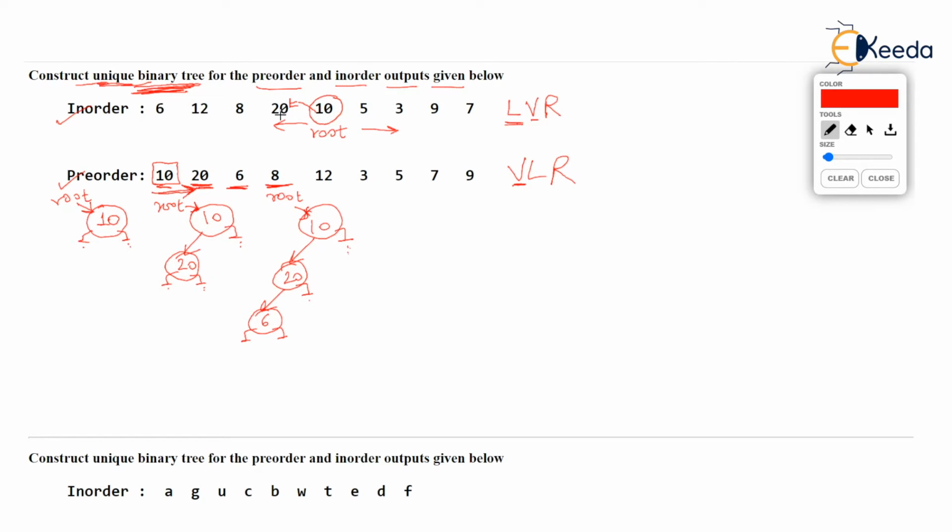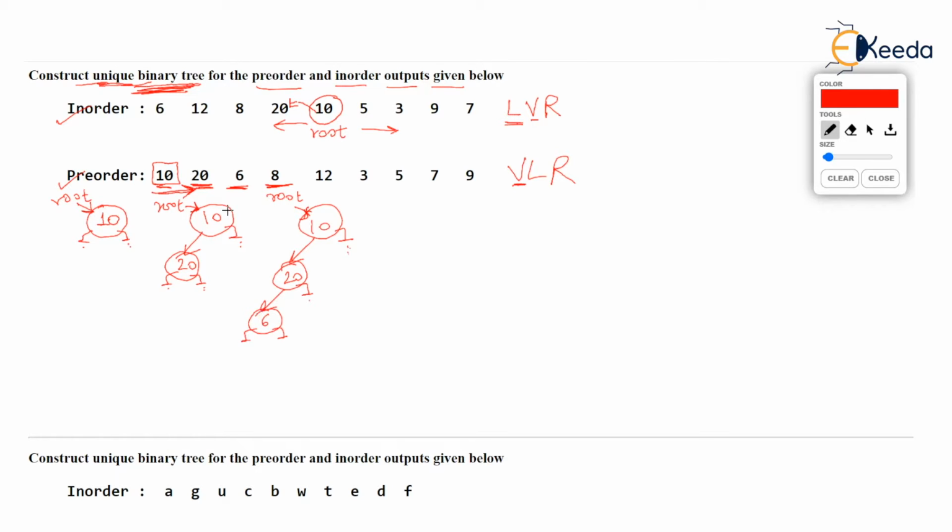And remember, we are adding 8. So now you check, where is 8 with respect to this 20? 8 is again to the left of 20. Observe in the in-order output, to the left of 20. So 8 must get added to the left of 20 here, but left of 20 is already 6.